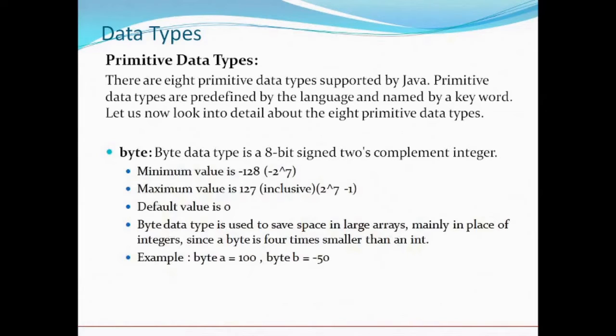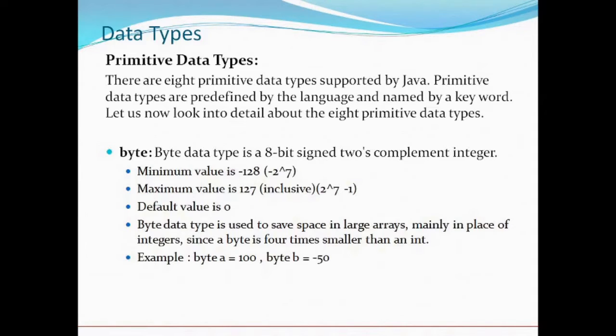Anybody who has studied any language knows that there are data types like integer, and in integer they have various subdivisions like short, long. Then there are decimals like double and float. So these are all primitive data types, and the main property of the primitive data types is that they occupy space in the stack. A stack is a data structure which is also known as last in first out, or the LIFO data structure.